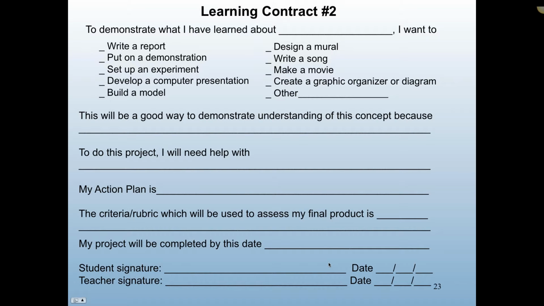Here's another contract that's a little more structured, okay? To demonstrate what I have learned about, let's go back to maybe photosynthesis or the Civil War or a book that we've read or a story that we've read, I have to choose from one of these things. I'm going to either write a report, do a demonstration, set up an experiment that would have to be appropriate, obviously, to what we're doing, develop a computer presentation, which might be a PowerPoint or a Prezi or something else,